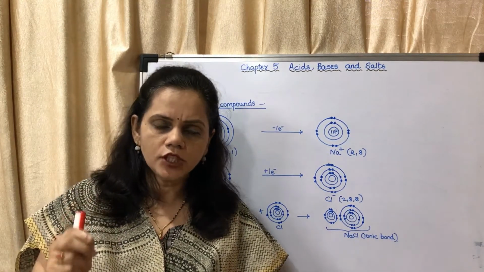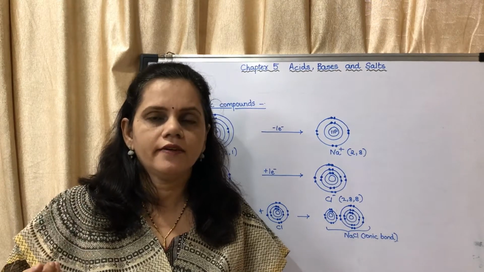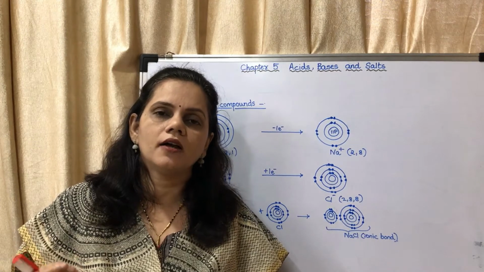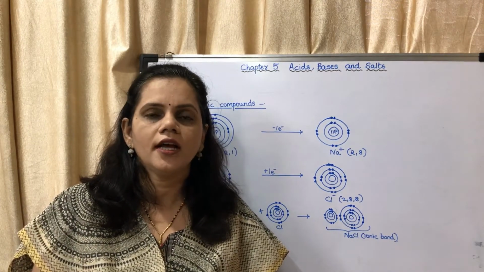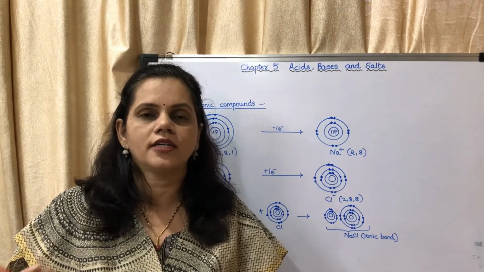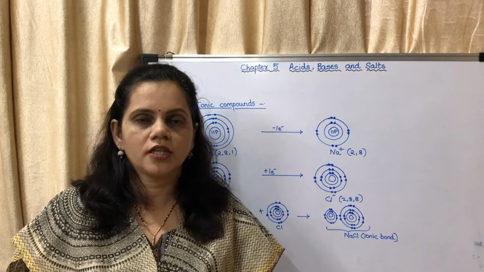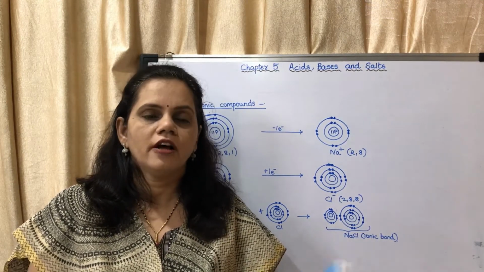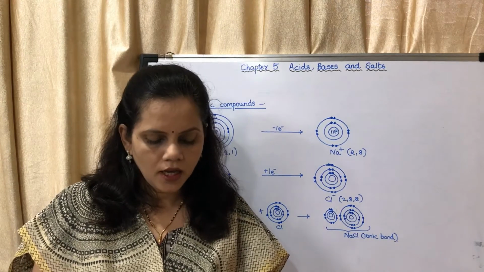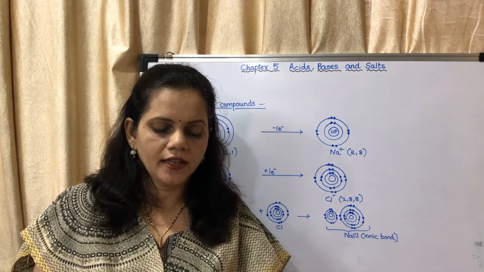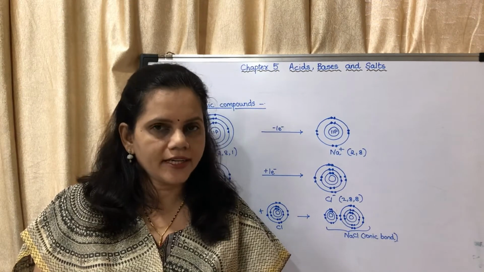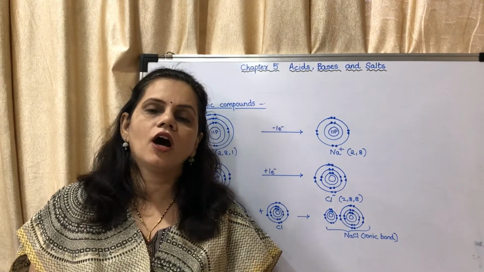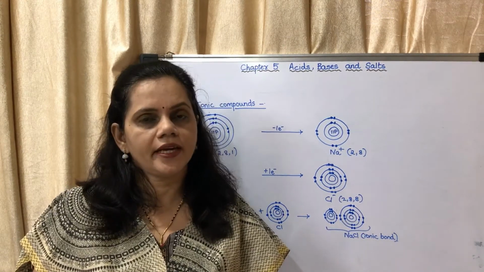So you distinguish the substances into three, whether it is acidic, basic or neutral. Compounds are generally classified into three: acids, bases and salts. The first part of this chapter is about acids, bases and salts. First of all, they have given a table on page number 58. In that you have to write whether it is an acid, a base or a salt. Now how will we come to know whether it is an acid, base or a salt?